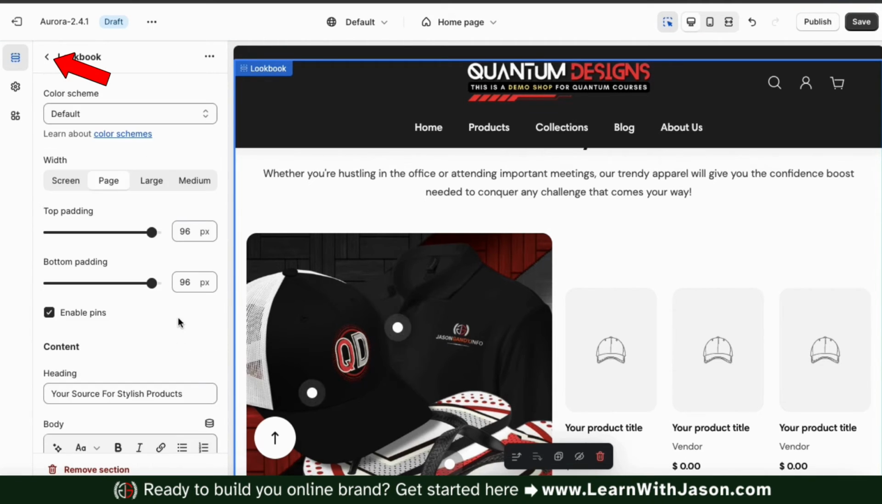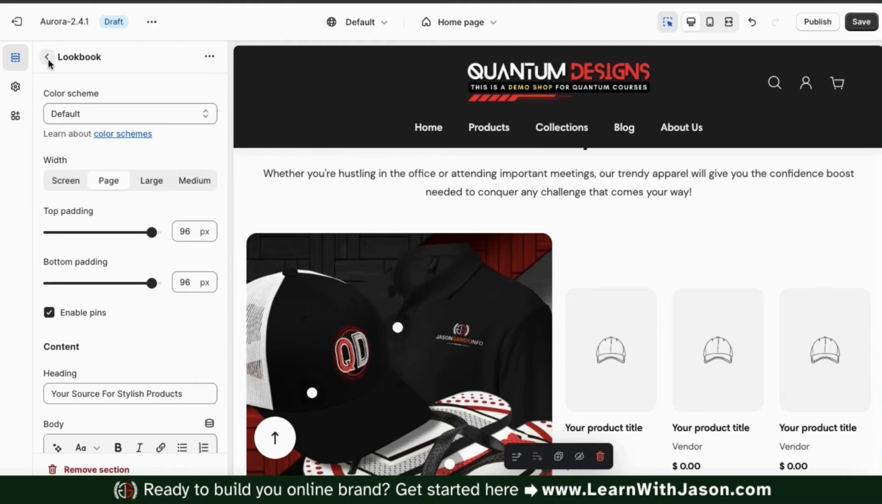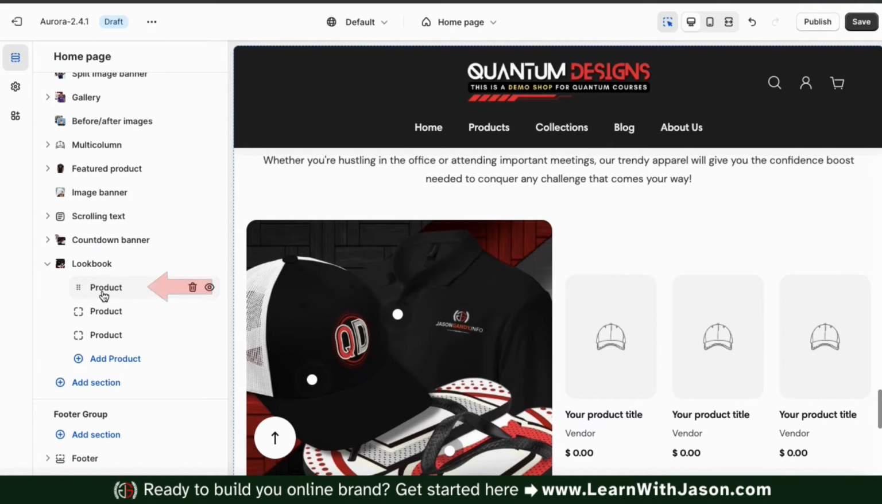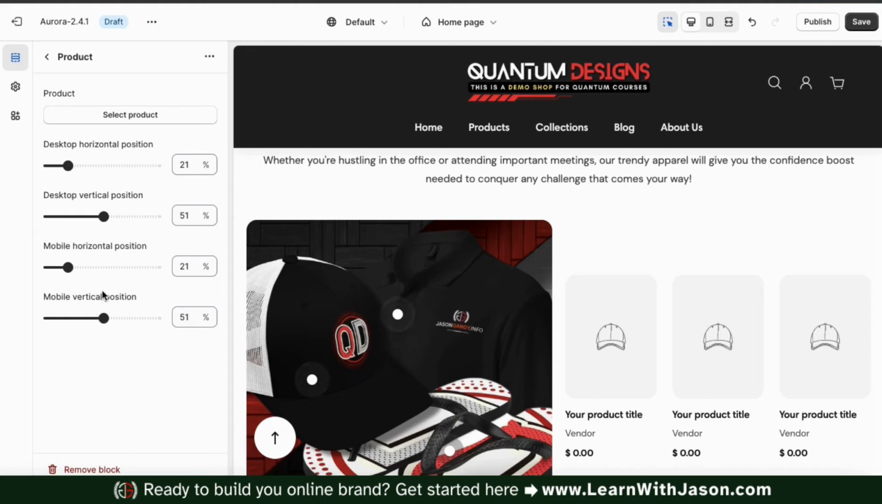So let's go back up to the top here and click the back button to go back to the theme editor main menu. So we've customized the layout of our lookbook section. So now let's add our products. To add the product to our first card here, let's look underneath the lookbook drop-down menu and click the first product tab. This will open up a menu where we can select our first product and use the sliders here